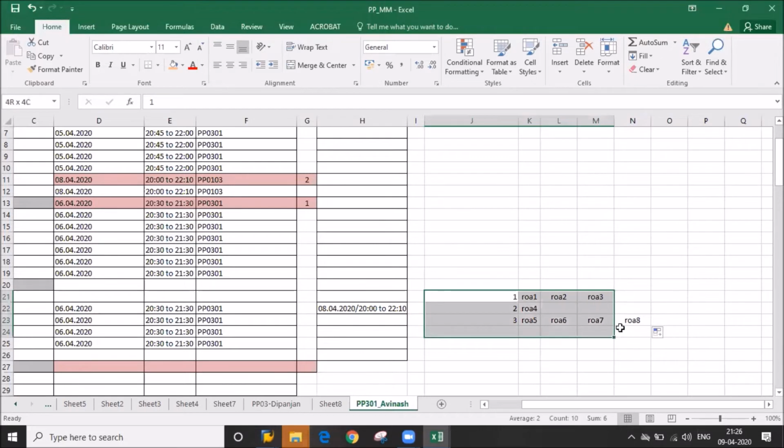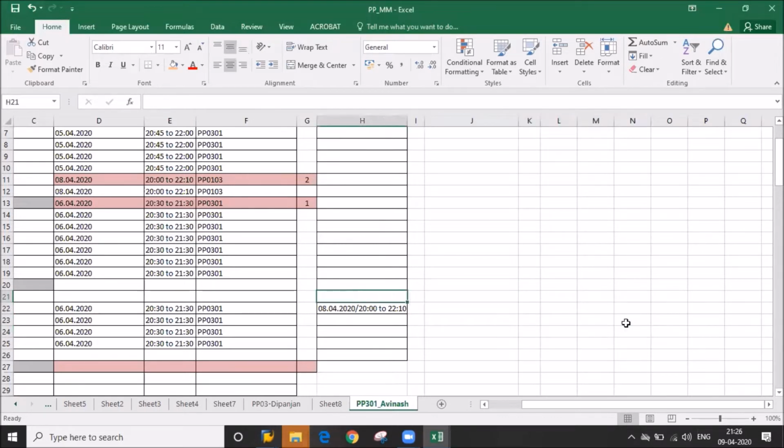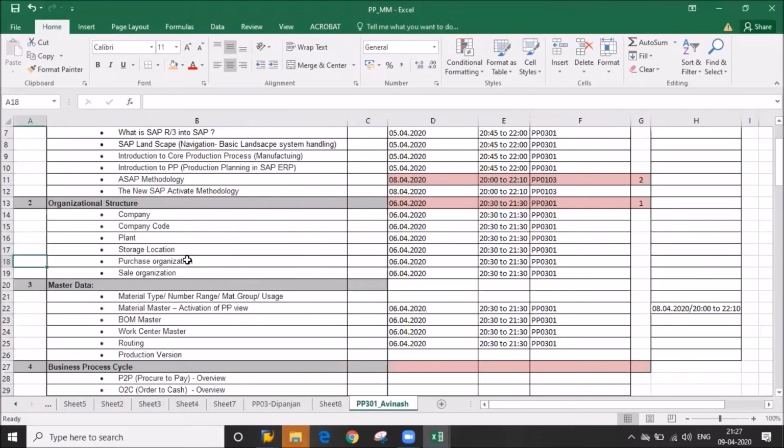It depends on the business requirement, how they want it, but you need to explain the material group and usage. What is the usage of that material? Suppose you are procuring raw material, so it is for goods issue. You have to process your raw material and convert it into a finished item or semi-finished item. That is the usage you need to understand. And valuation class: how it is going to be priced, how it is valuated. You need to understand this.